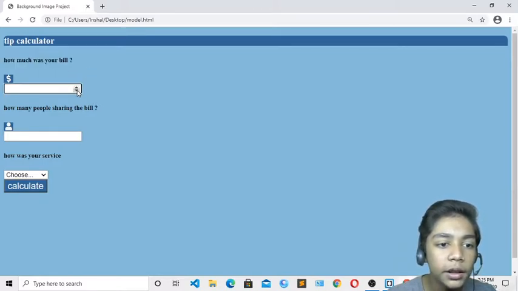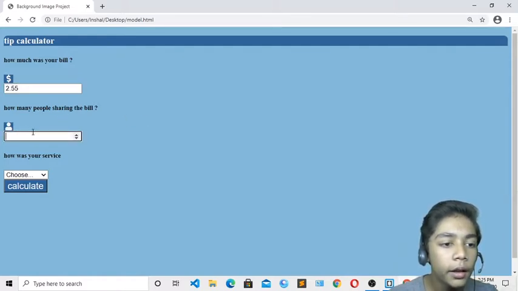Here you can see there are two arrows. When you press this arrow, you can see our value is coming 0.02. Press that again, and you can see my value changes again and again. If you press the down one, your value goes lower. So with the help of these arrows you have to write your value over here, meaning your dollars or rupees.